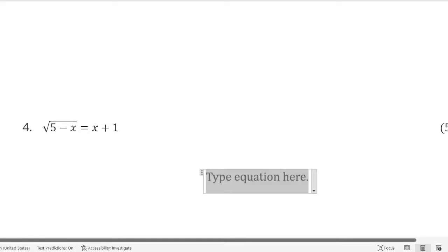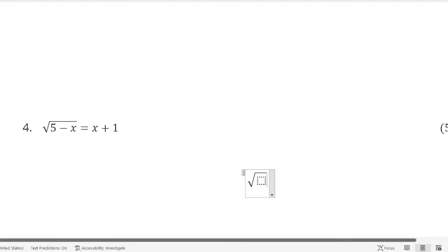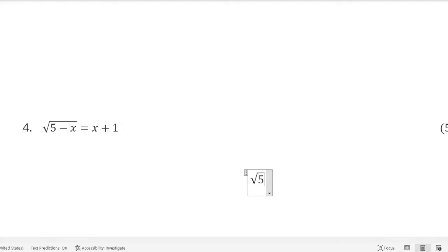Then five minus x is equal to x plus 1. So in order to remove a square root sign, we have to square. So we're gonna square